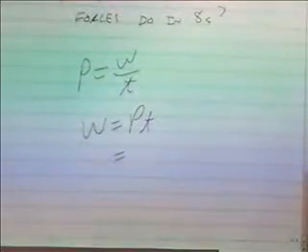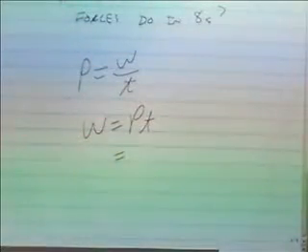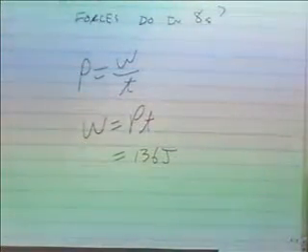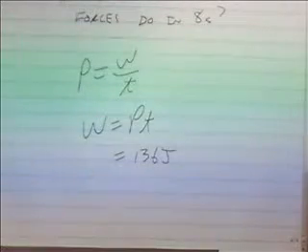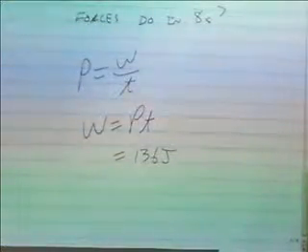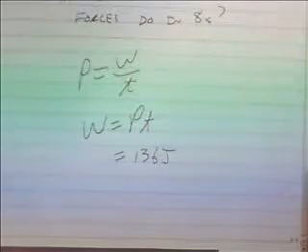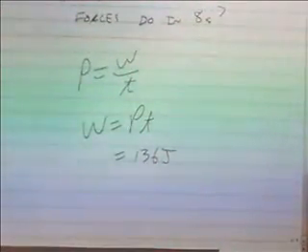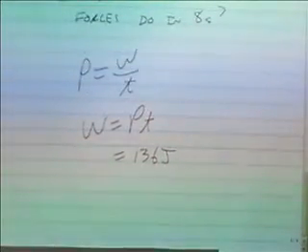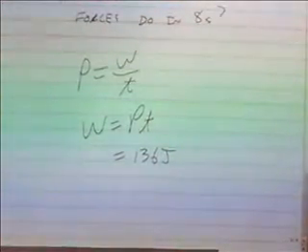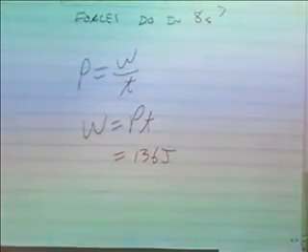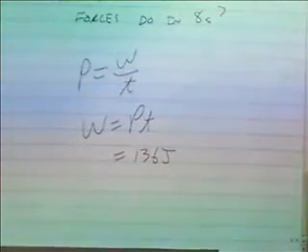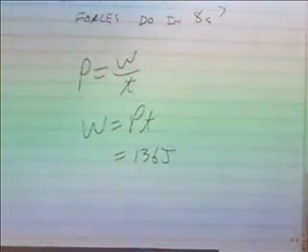So if the boy is doing 136 joules of work, the opposing forces are doing negative 136 joules. Since I just asked how much, it's just a quantity, so it's 136 joules. Does that make sense? If the wagon's not speeding up or slowing down or moving up or down an incline, how much is its energy changing? It's not. So there's no net work on it, so all the work he's doing is being canceled by